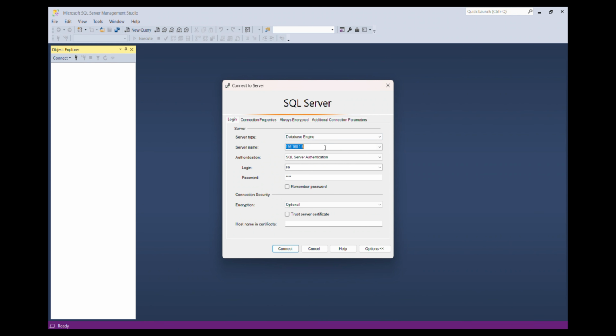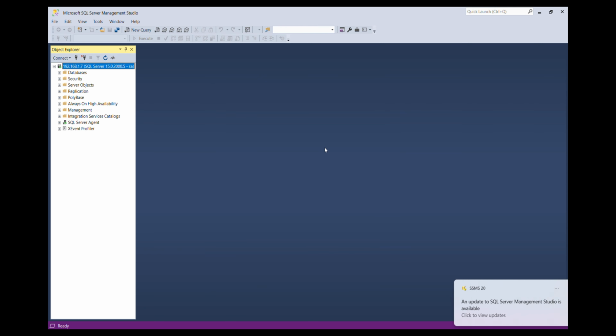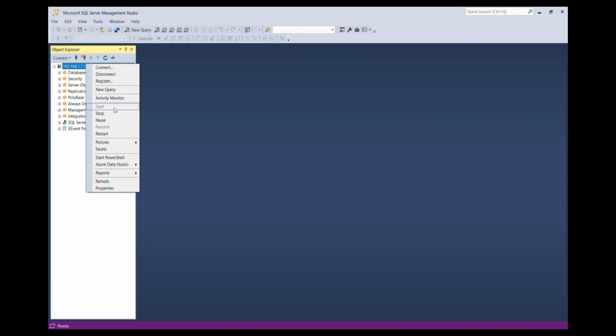You can see here this is my local system. Currently this is a local server. I'm connecting to my local server through my IP. This is the server. Right-click on the server, and go to the